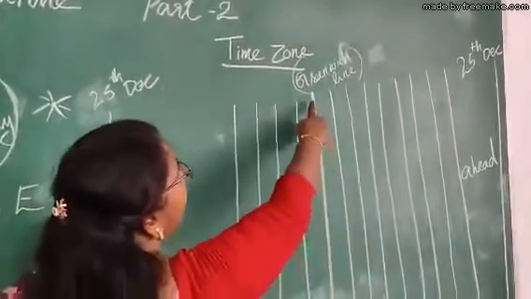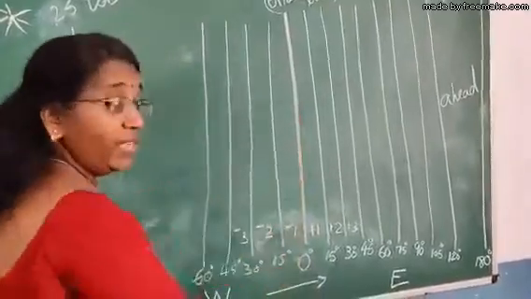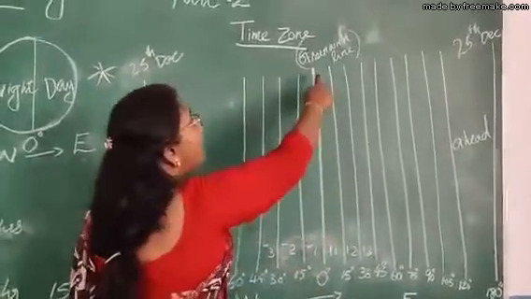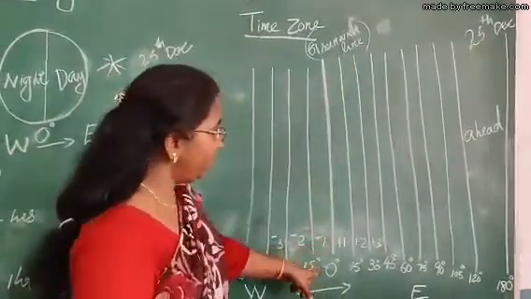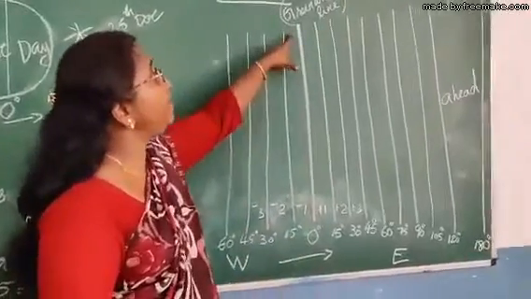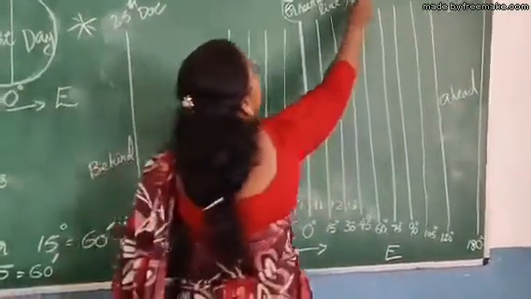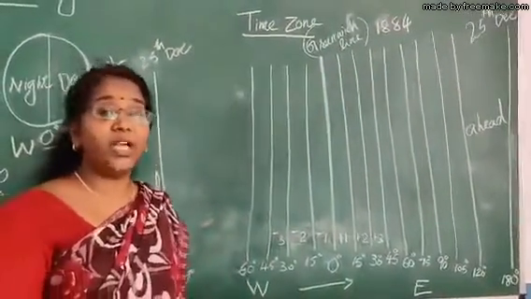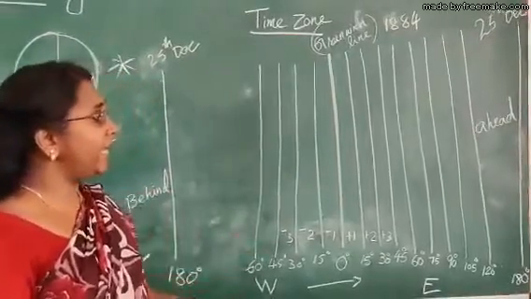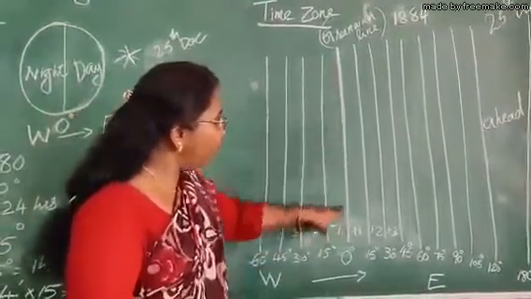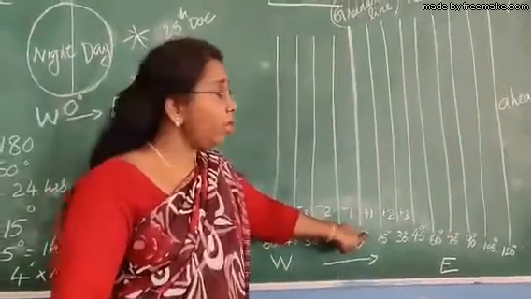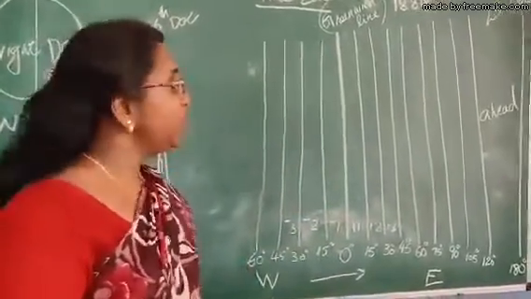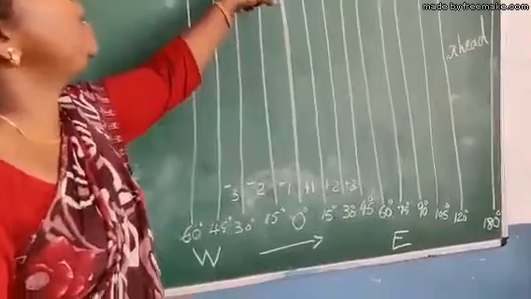You see here the 0 degree meridian. We have discussed this longitude in the previous classes, and it is also known as the Greenwich line. Why do we call it the Greenwich line? Because in the year 1884 a conference was held, and international meetings were held by all the countries, and they decided to adopt that 0 degree as the main reference line all over the world for the convenience of calculating time. So they adopted this line and named it the Greenwich line.